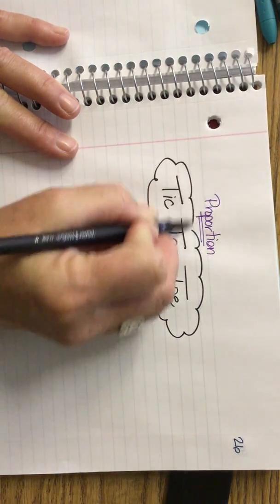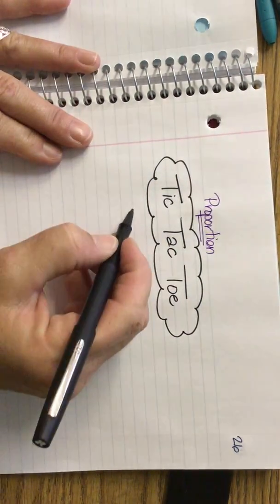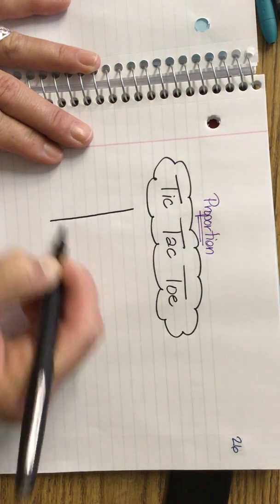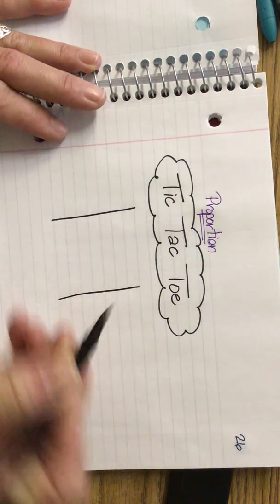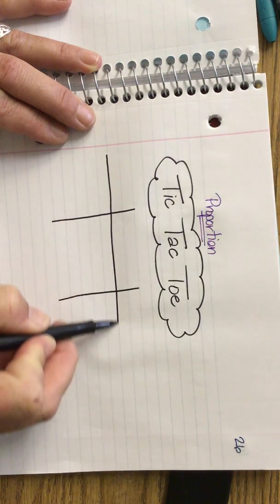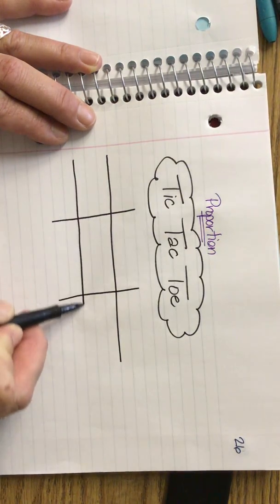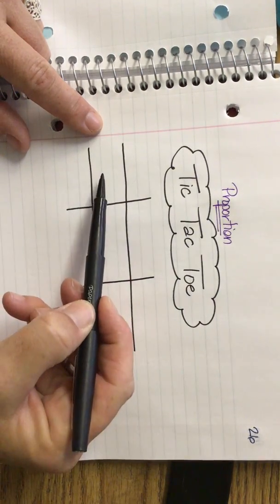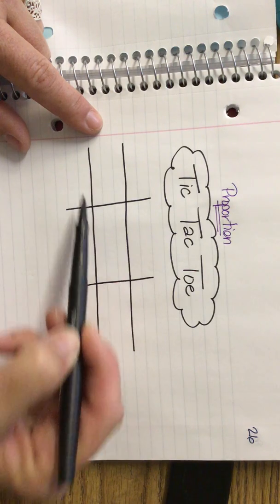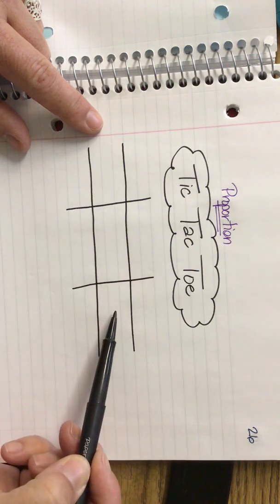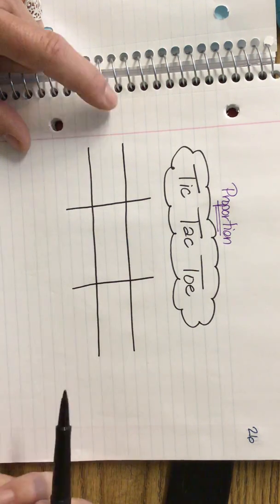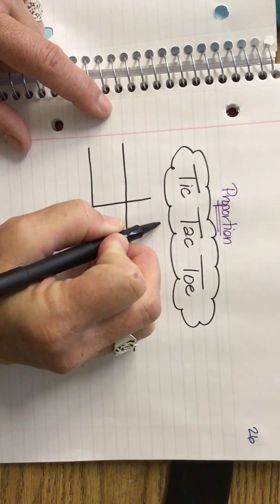Different teachers use different things. I like tic-tac-toe, and the beauty is we're going to use it for probably 6 weeks. Everybody knows a tic-tac-toe grid, okay? Last year, you put the words here, right? And then what you know and what you do not know. All we do is you're going to have ratio